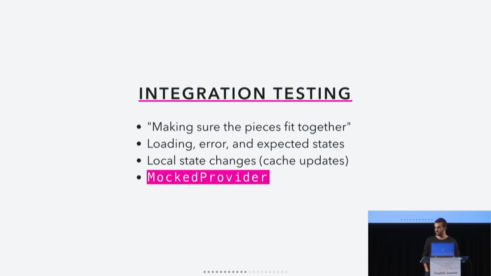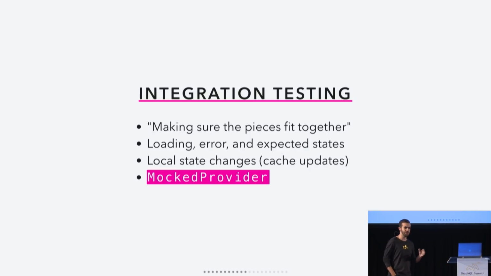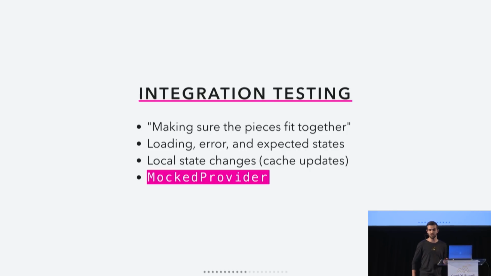There's also integration testing that you can do, and this is really just making sure all the pieces fit together. So you have all these units, all these tiny pieces. What happens when you try to render them together? What happens when one component tries to render all of its children? Does it crash and burn? Is it passing it the correct props? And this is also important because when you change those things in the future, you're also potentially changing how they interact with each other. And if you're not careful, you break everything in production.